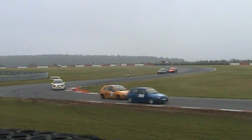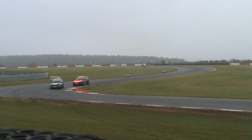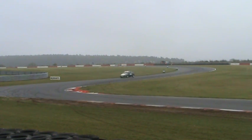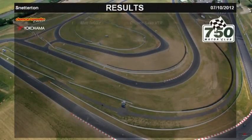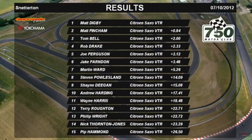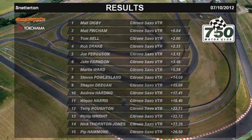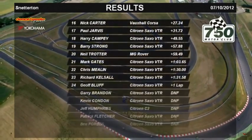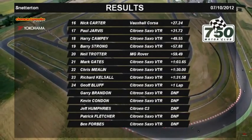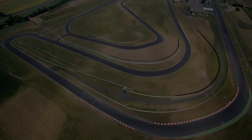So going into the final round, Joe Ferguson the favourite over Tom Bell, and we'll get the official classification up in a moment. Here we go then. Matt Digby won from Matt Fincham. Well, there's Tom Bell, he finished 3rd. Rob Drake, a great drive from the back, we didn't really mention him, he finished 4th. But Joe Ferguson finished 5th. 6th Jake Farndon, 7th Martin Ward, 8th for Steve Powser, 9th Shane